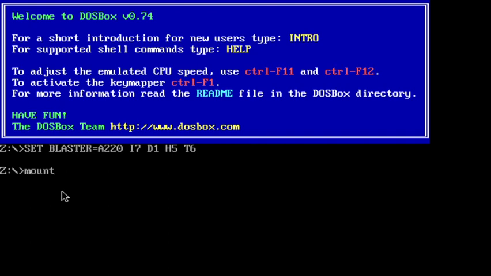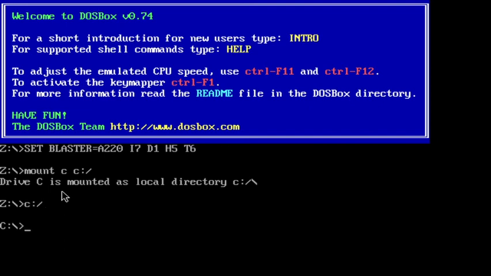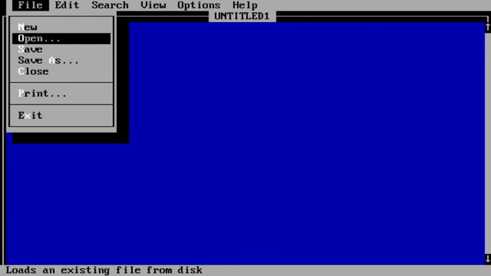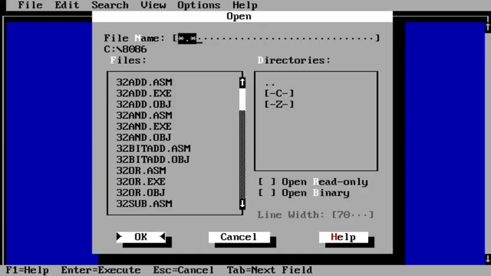For that we write the command mount C :/. This I have already discussed many times for each and every program. Then we create the directory, cd into the folder 8086, and then edit. Already I have written the program, otherwise you can simply go for edit, then Alt F, open. If you want, you can write the program, but I have already written the program which we have just discussed.